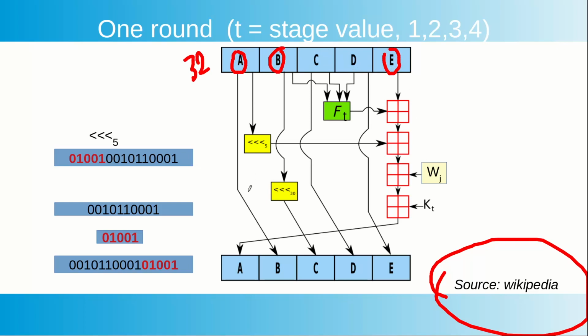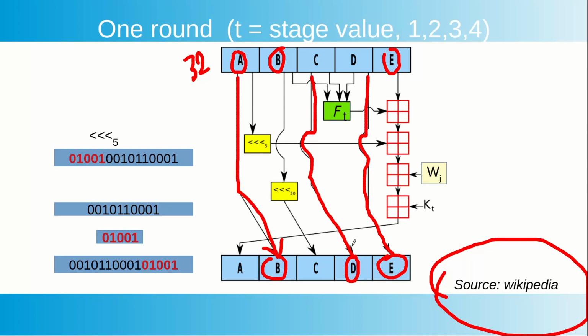Now what is the round function doing? So A is directly coming to this second block, this 32 bit is copied to this second block, C is directly copied to this D, and D is directly copied to this E. So no change is there. For B there is a certain change. This is essentially rotation by 30 bits and it is coming down to this C, and for A which is coming from here, there is a certain amount of computation.